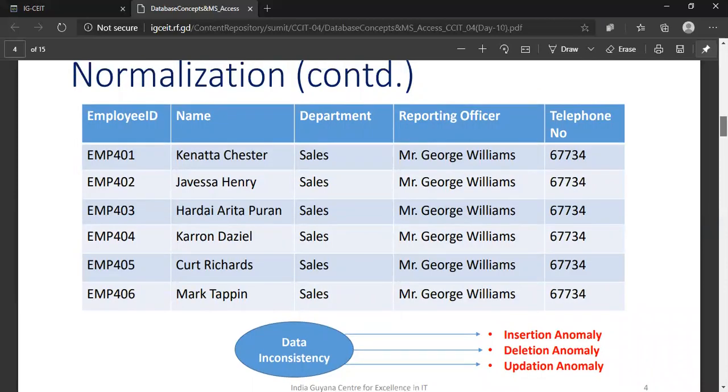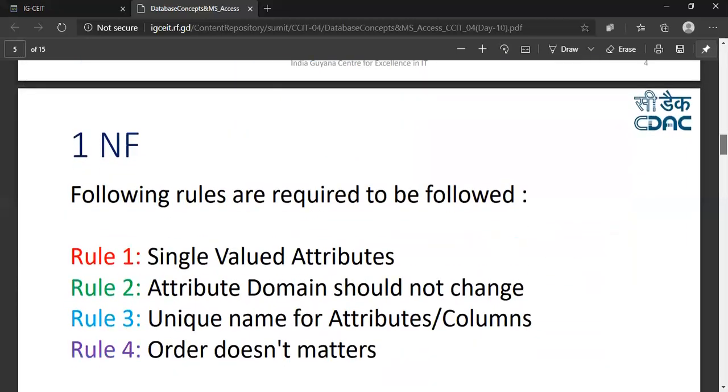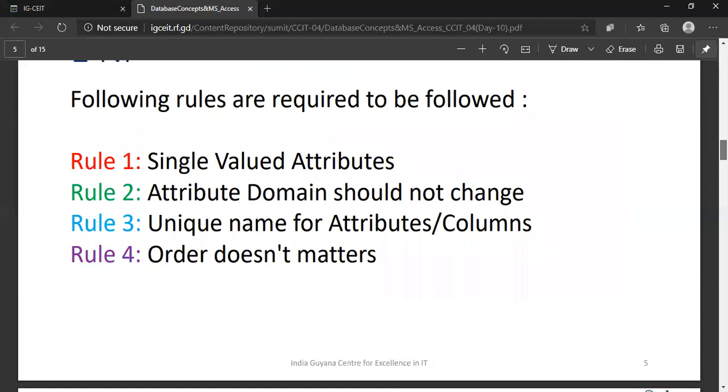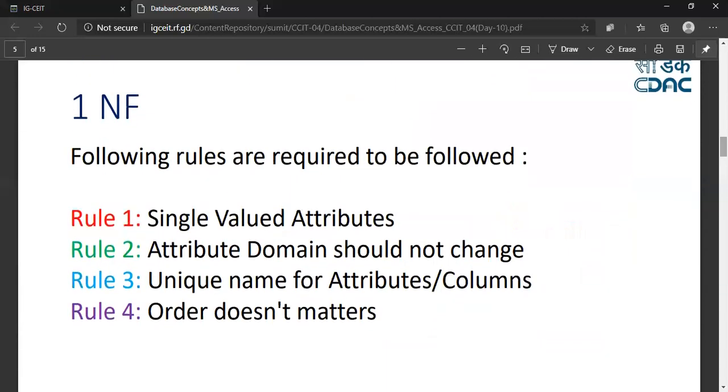Now we will move to the different forms of normalization. Let's start with the first normal form of DBMS, also known as 1NF for short. There are certain rules that we have to ensure when we store data in a database. Rule number one, single valued attributes.